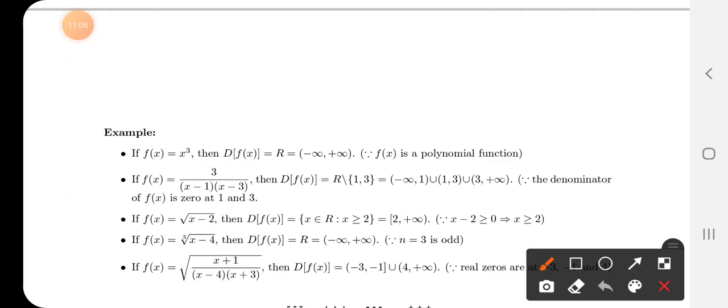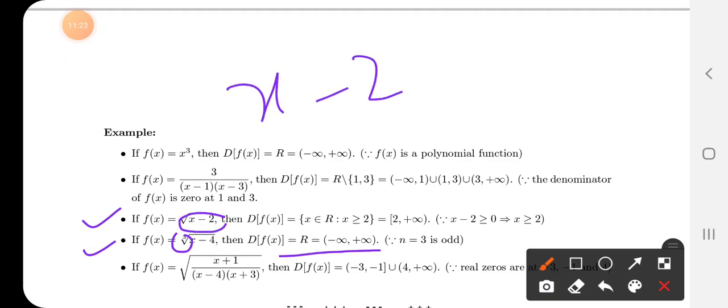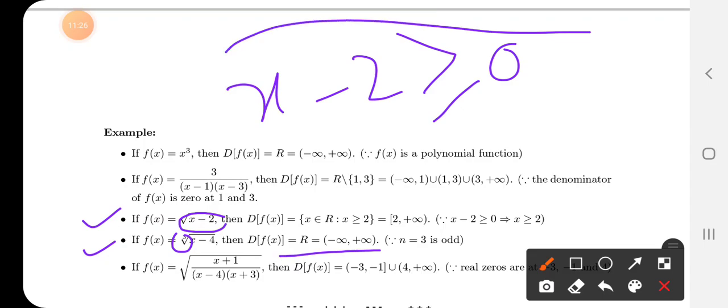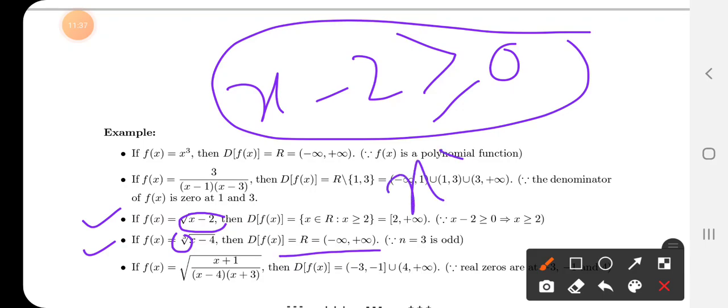Similarly, for the radical, here you have a radical with an odd index. For odd, the domain is the set of all real numbers, but in the case of even, as when there is nothing, it means it's 2, and 2 is even. Then you have to take whatever you have inside this radical and set it greater than or equal to 0, and then solve this inequality. You know how to solve linear inequality, quadratic inequality, polynomial inequality, or rational inequality from 101. In this case, it's linear, very simple. x is greater than or equal to 2. It means it's from 2 till plus infinity, and 2 is also included.